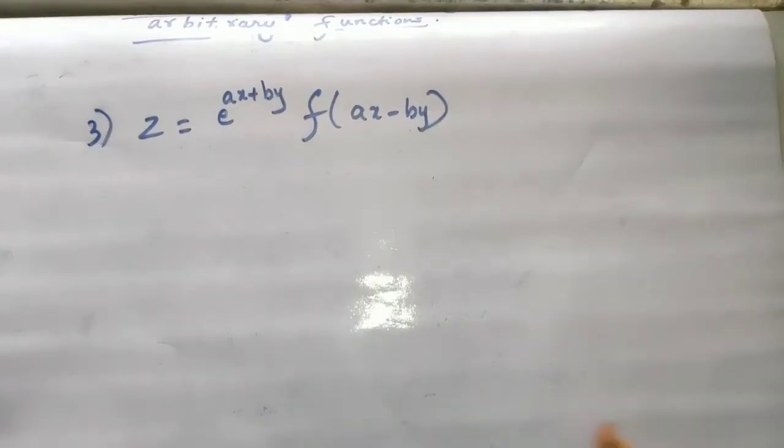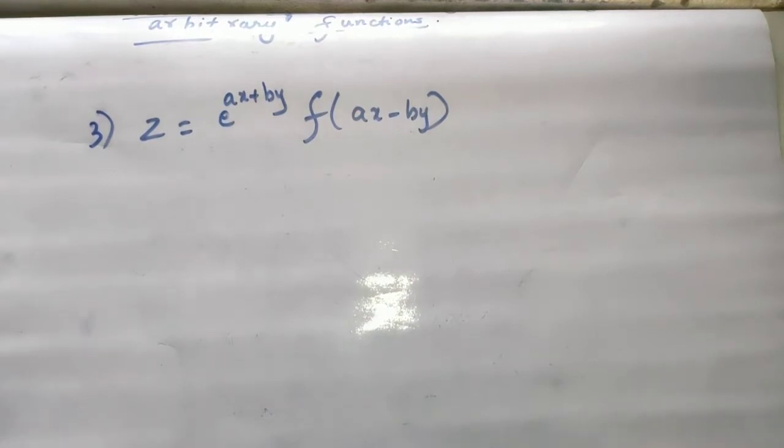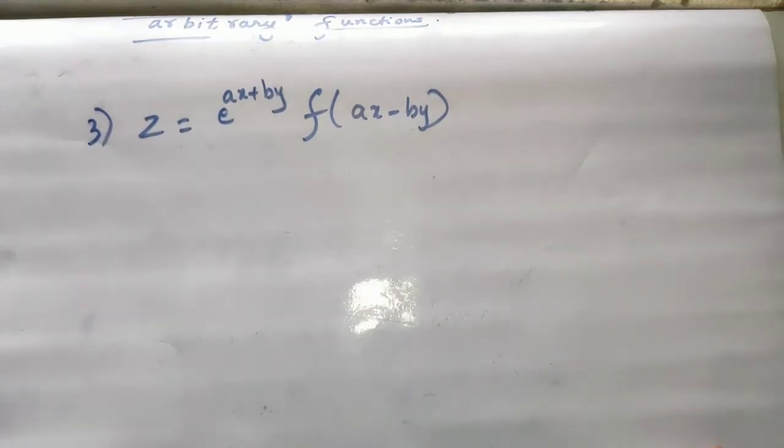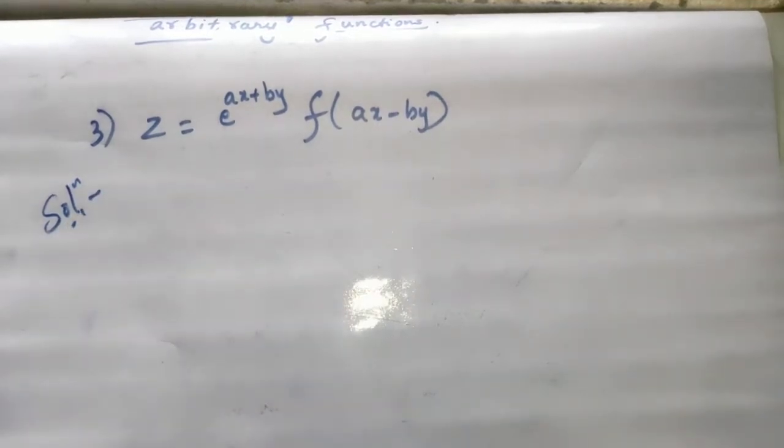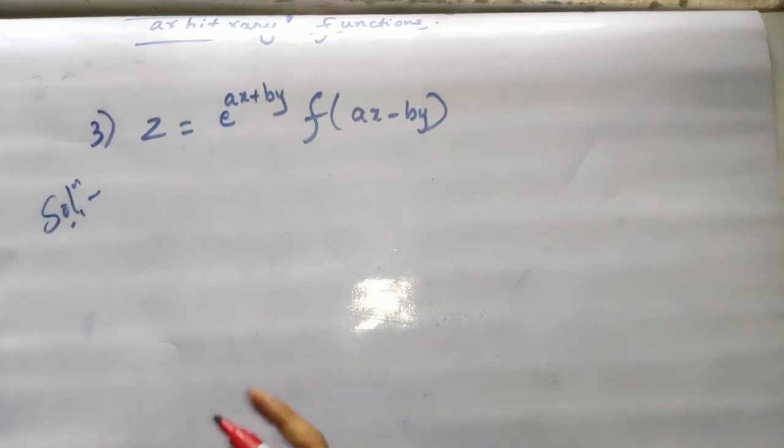Okay, let us continue with one more problem of formation of a PDE by eliminating arbitrary functions. This problem is very important. It has appeared in the question paper so many times. You can take it as important. Let's start with the solution for this problem. So once again we'll consider dou z by dou x, dou z by dou y, and try to eliminate those arbitrary functions given to us.